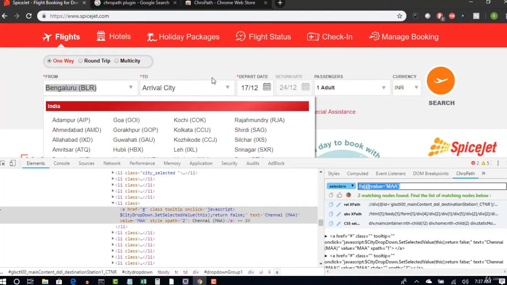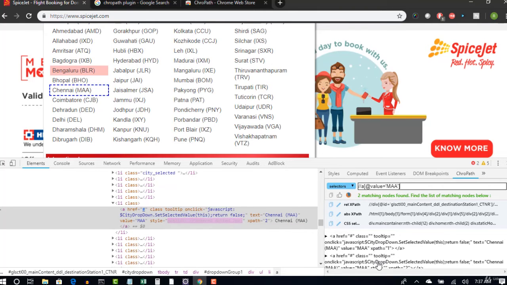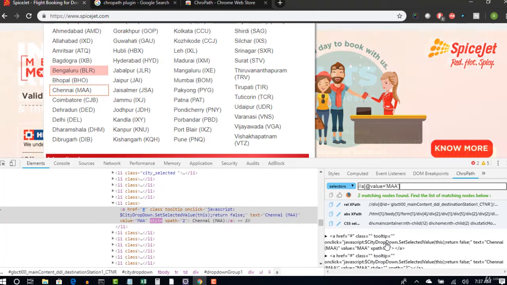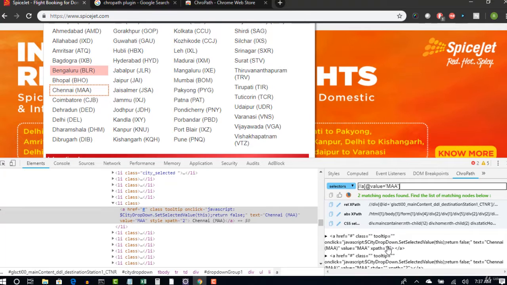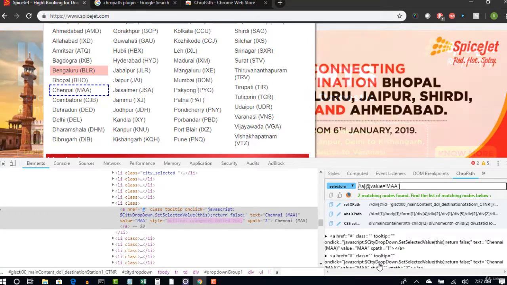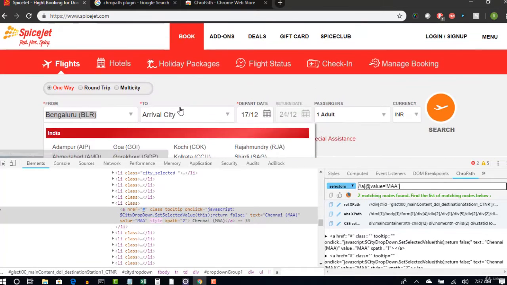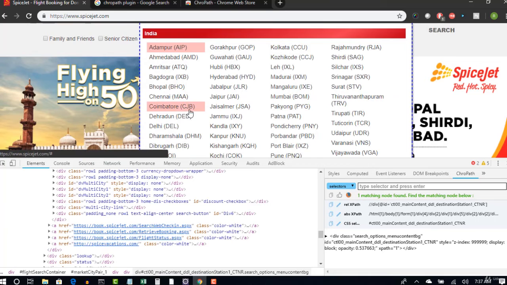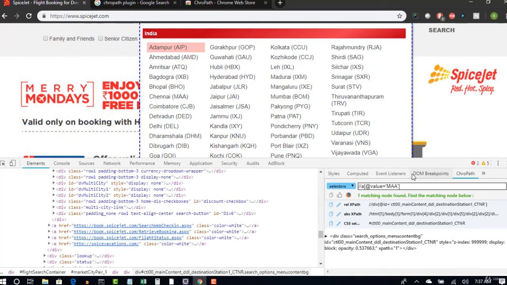So what do you do? In this case, when two nodes are found, you need to explicitly tell Selenium to click on the second XPath, not on the first XPath. Okay, if you give that information clearly, then Selenium will go and identify the second XPath and it will select something in the to drop down option. Okay, so how do you tell Selenium to click on the second one?